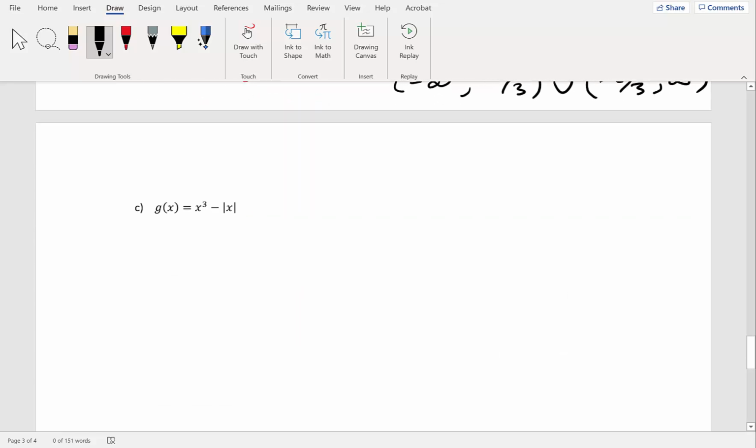Last one. So g of x is equal to x cubed minus the absolute value of x. Notice in this particular function, we don't even have a fraction. We don't have an x in the denominator of a fraction. So for this particular function, nothing will make it undefined. No value for x will ever make this undefined. So our domain